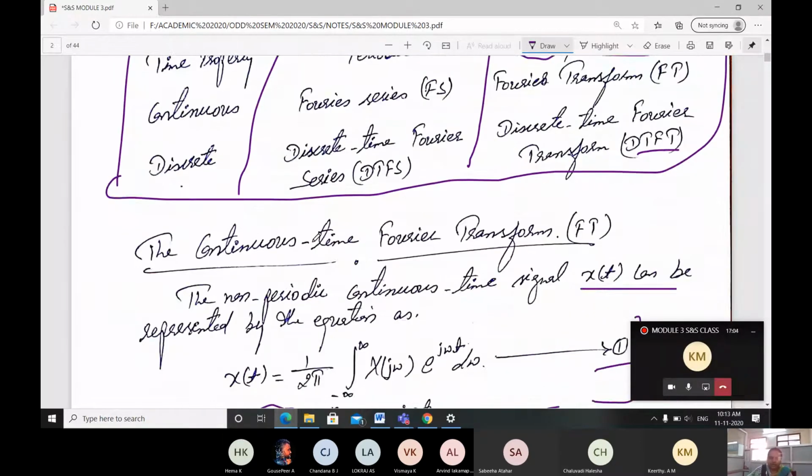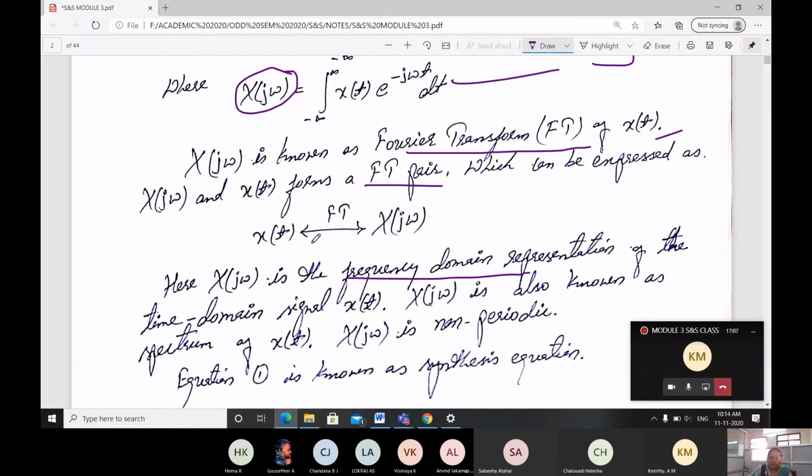Why is it needed? In a general way, when you do experiments, some quantities are frequency dependent, and sometimes we can't measure the frequency. So we convert the frequency into time. Frequency and time are interdependent, as we already know from the basic level. For that reason, when we require conversion from frequency to time, we can do it with this. That is why in signals, the Fourier series is given main importance.